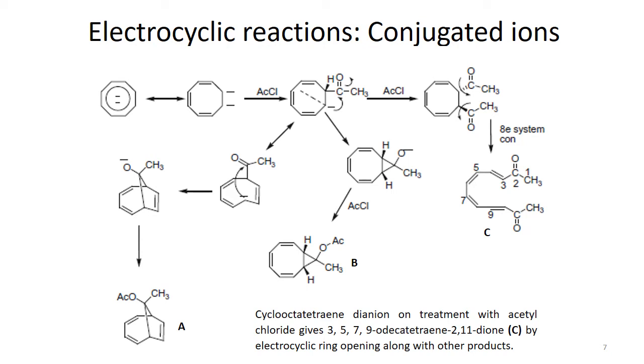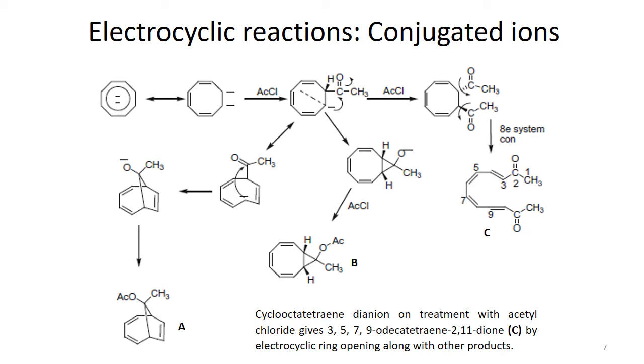So this bond breaks and the negative charge comes on the next carbon. So the negative charge can change its position accordingly, and we get the intermediate here, and then again we get a bicyclic system after the attack of the negative charge on the electrophilic carbon atom. We get a negative charge on oxygen by the conversion of this electrophilic carbon, or carbonyl carbon, into a tetrahedral center, and then this is acylated because we have acyl chloride in the system.